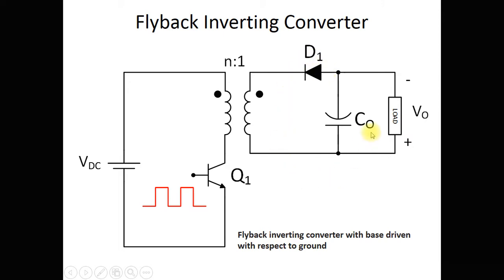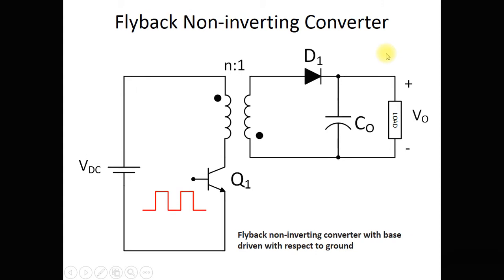And if you look at this part, it is behaving just like the inverting converter topology or the buck boost converter topology that we have already seen. Again, we can see here that I am in a position to get the negative voltages out of this. This is the flyback non-inverting converter. So this is just like your